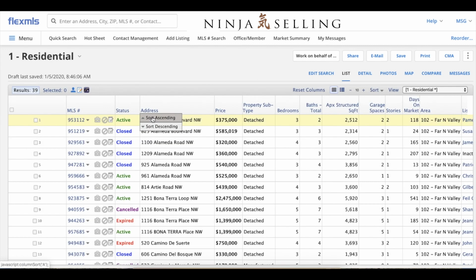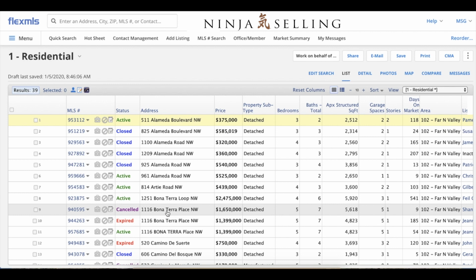Here's the thinking. What you're trying to provide for this particular friend or customer of yours is an understandable report of what's gone on in the neighborhood for the last year. If you think about it, they've been either walking or driving around, and they're familiar with that property that was over on Bonatera Place or over on Camino del Bosque. And so what you want to do by sorting this is it allows them, when you hand them the report, for example, let's look at Bonatera here, they can go, oh yeah, that property was on the market,